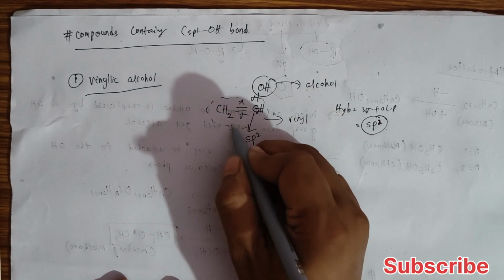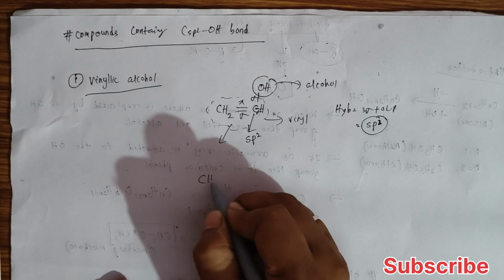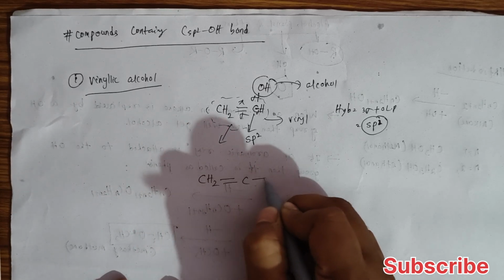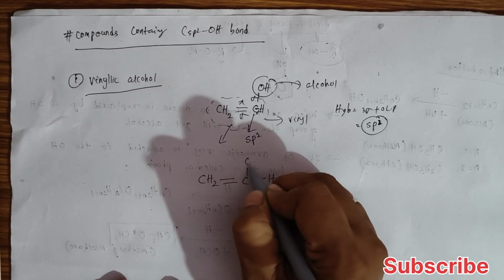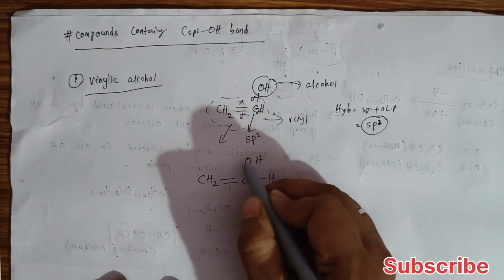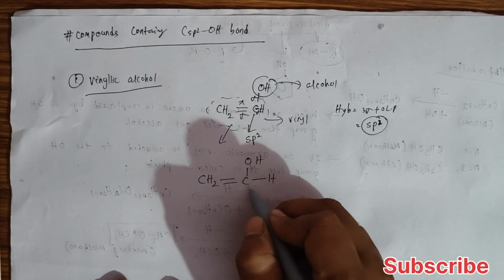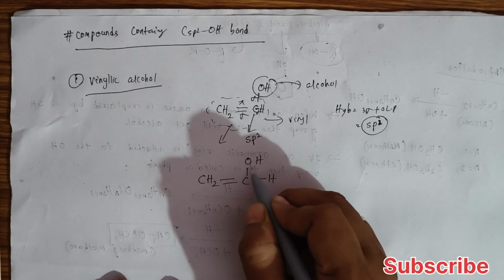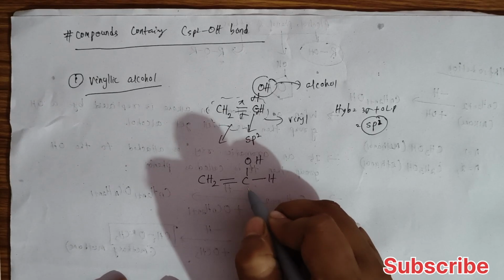Okay, or I can repeat this example. CH2 double bond C single bond H, then OH. So here is our functional group OH. Simple. This carbon is directly attached to OH. That means this is our main carbon atom. We have to